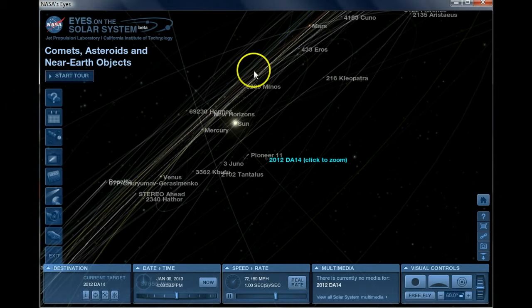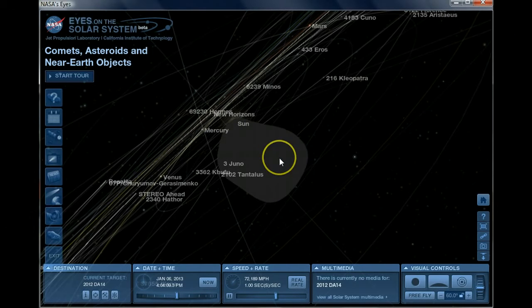I have programmed into it here all the near-Earth asteroids that they have cataloged. Also, it has comets and satellites all on here as well. So what you want to do is double click on DA14 there. It zooms in. So what I'm going to do here is fast forward the